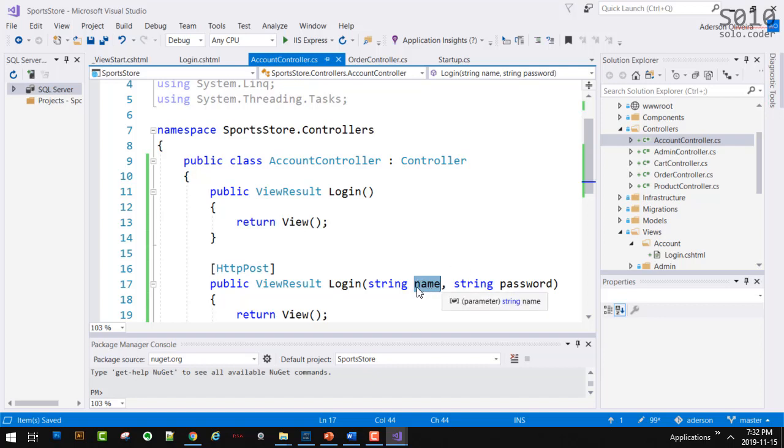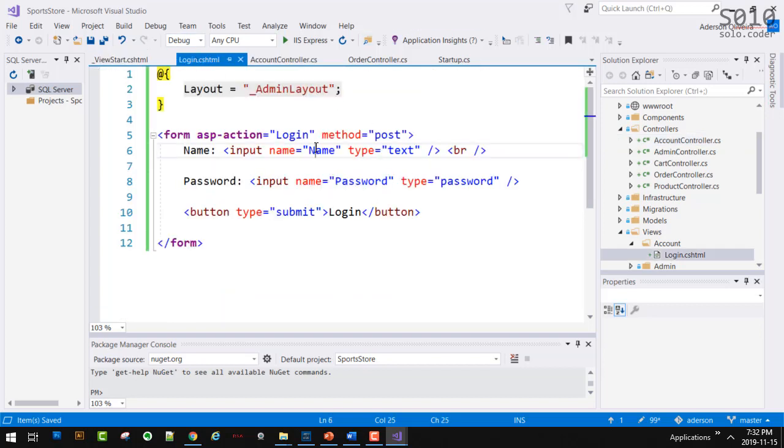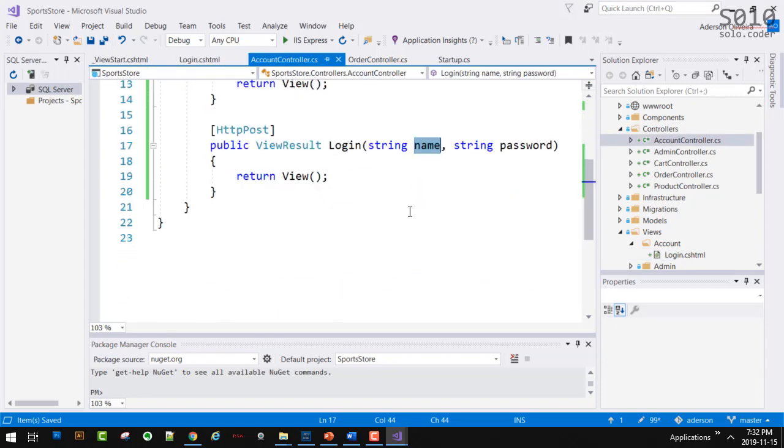That's the reason why I can say lowercase n, even though in the login we have uppercase N. The casing does not matter, but the spelling does matter. It's important to have the same spelling, okay?